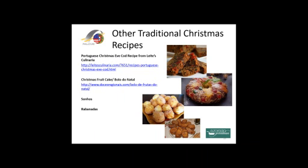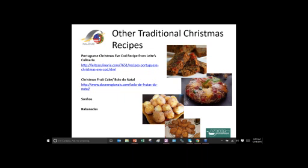I totally agree. Oh, so we have a few other Christmas recipes here that are not from your website, but from our friends at other places that people might think of when they think of Portuguese Christmas foods. Yeah, well, I love David, and I'm so glad we were able to share some of his recipes here because